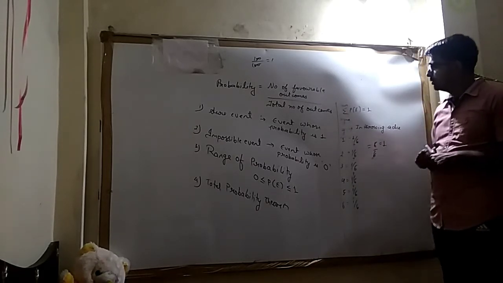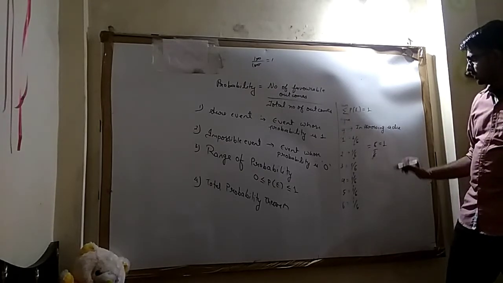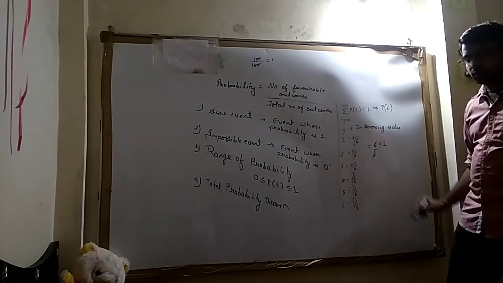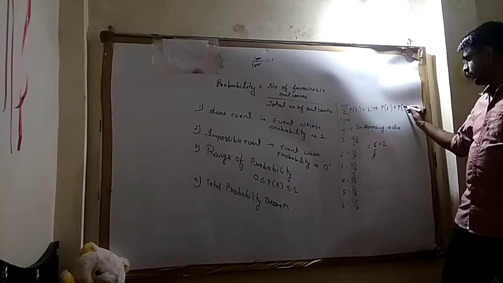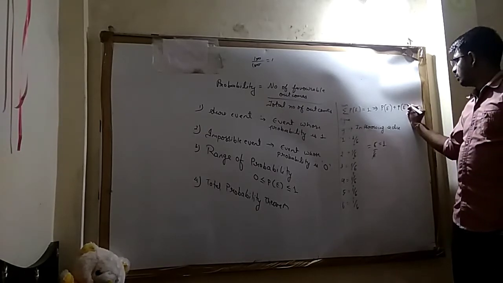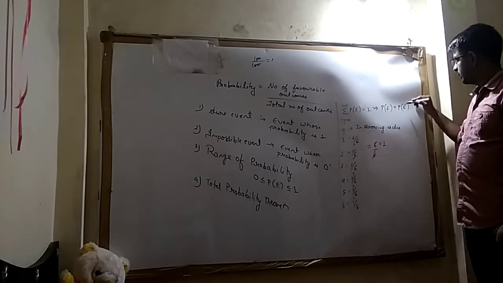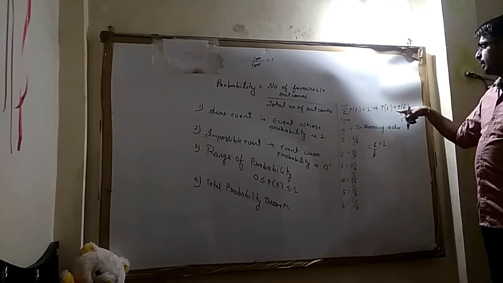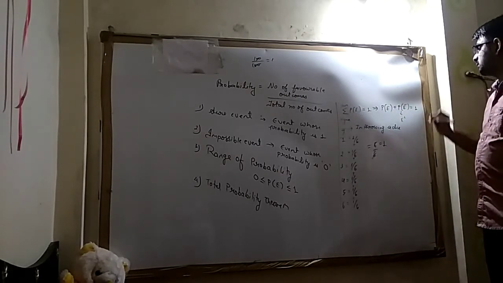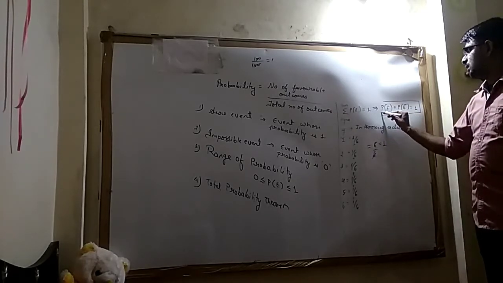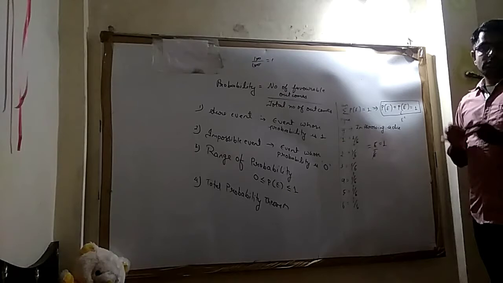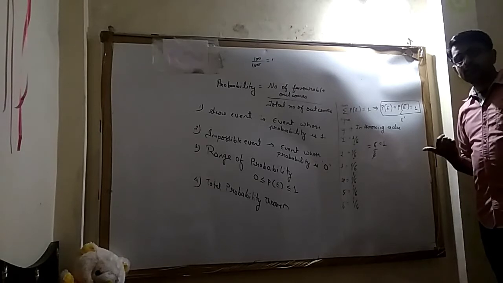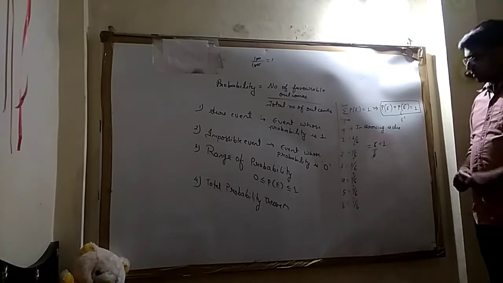Okay, now using this, one more thing can be derived: the probability of happening plus the probability of not happening. Not happening is E complement. In some texts it is written like this, E complement. Okay, so the probability of happening plus the probability of not happening is 1. किसी भी चीज की होने की और नहीं होने की प्रोबेबिलिटी को जब हम ऐड करेंगे तो हमें क्या मिलेगा? 1. सिंपल क्वेश्चन.